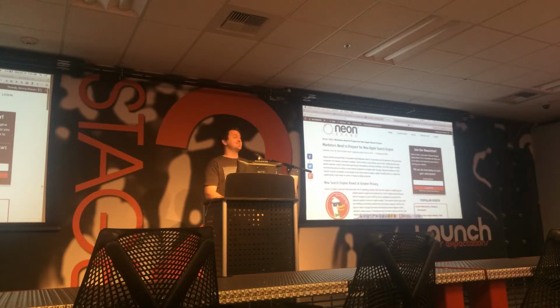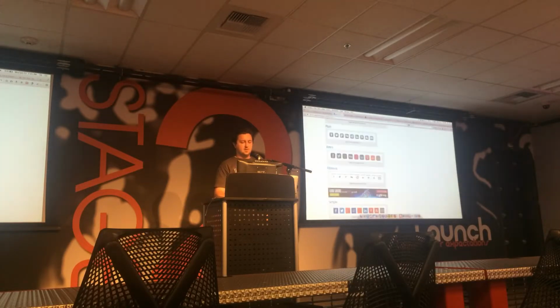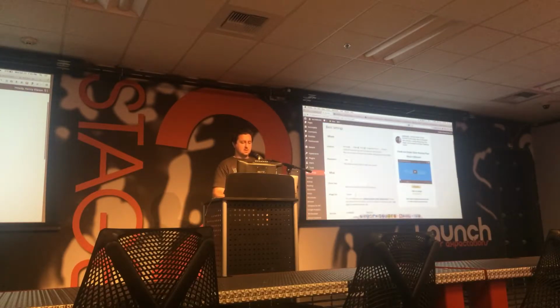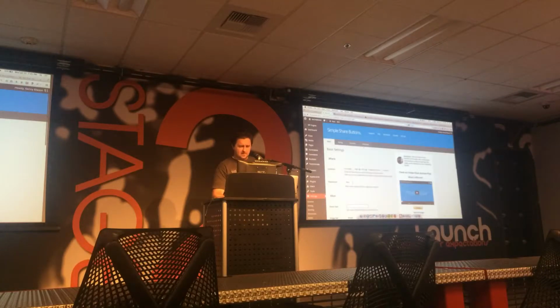Quick question. Can you embed text into the share posts of any of these guys? Embed text into the share. So like what they share? Yeah. So like when they click Twitter. Yep. Over here, it pops up the... Here's where you say share text. Is that the label or is that the text within the post? Add some custom text by your share buttons. Okay, wait, that might not be it. That's just the label. I'm talking about actually within the post. Yes, it is here.